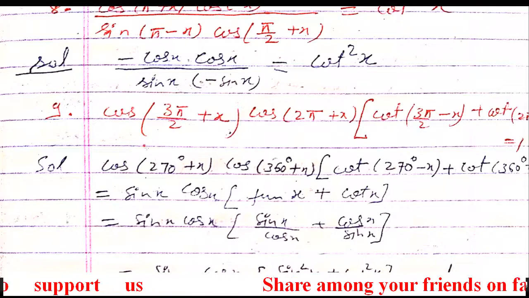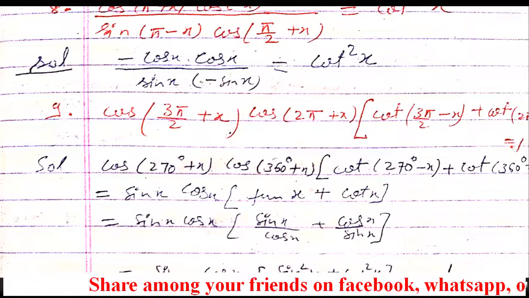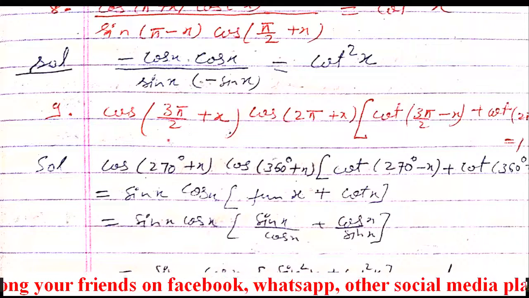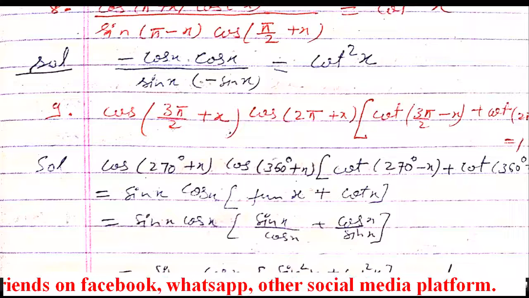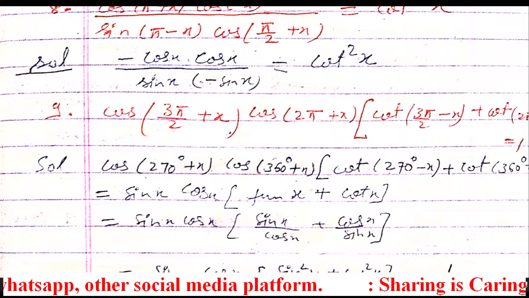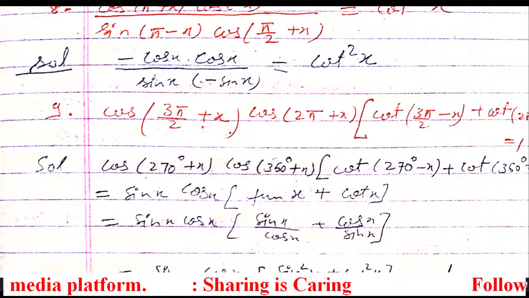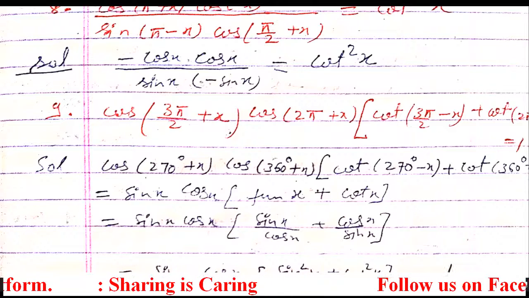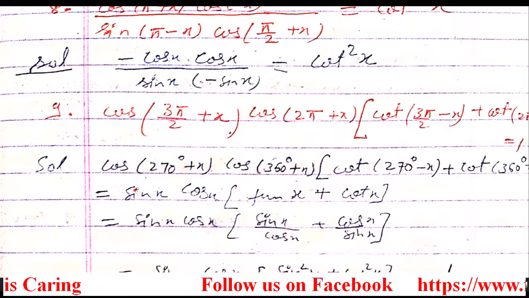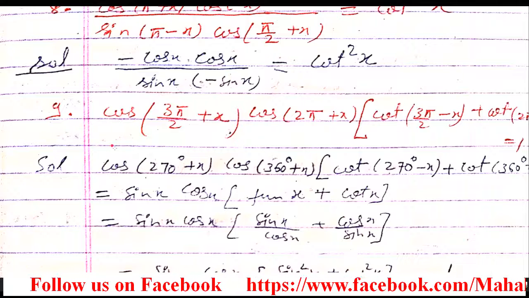Now we have to solve this 9th question, and we have to prove that when we solve this we are going to achieve only 1 as the answer. So first here 3π/2 + x, and students, 3π/2 means 270 degree, and plus x we are doing, so it will move to the fourth quadrant, pi by 2, so trigonometry ratio will change. So cos will change to sin, and since it is moving to the fourth quadrant, that's why cos remains positive.